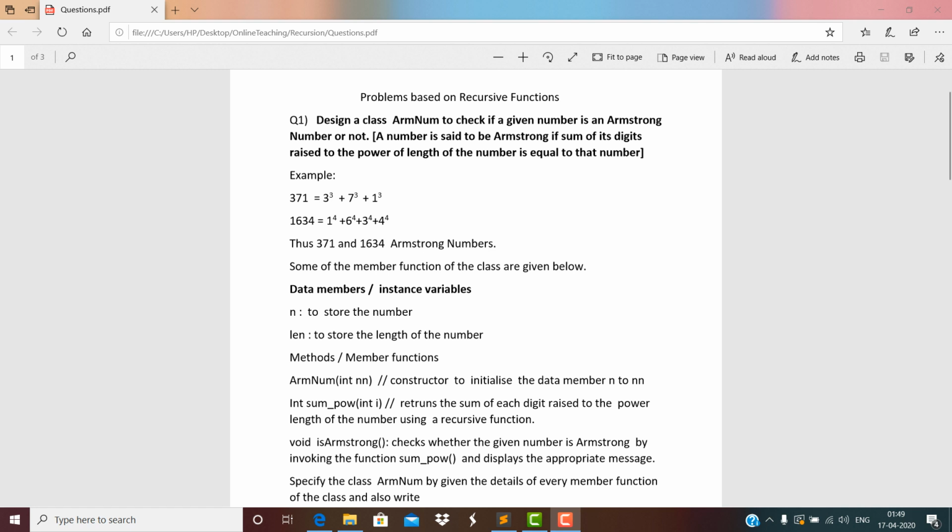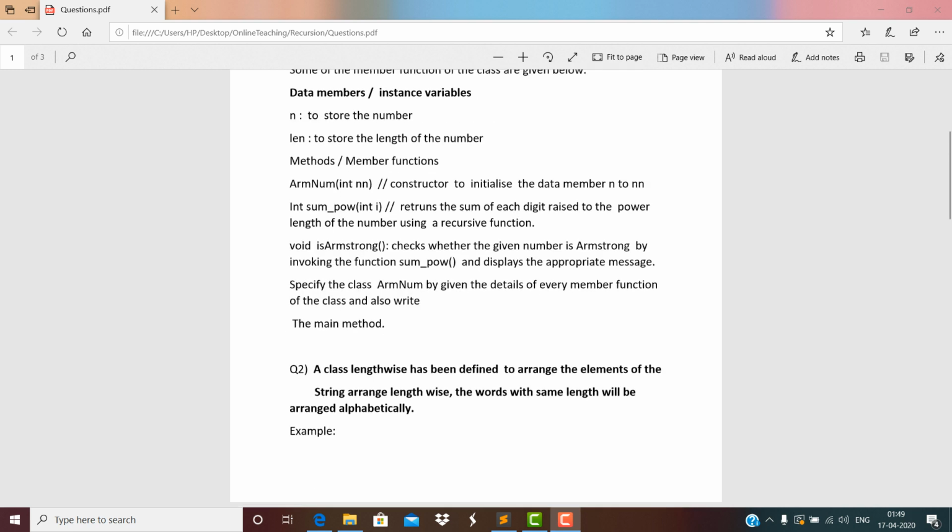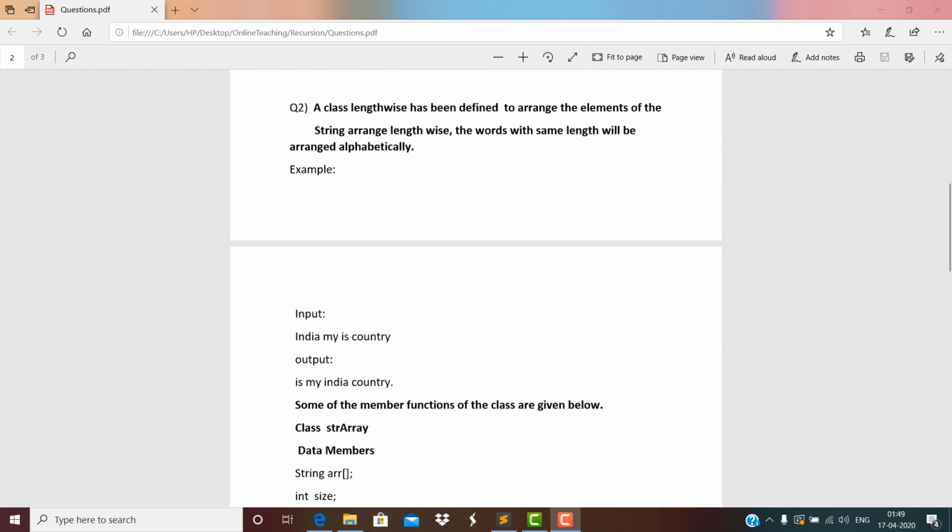Dear children, in the previous video we solved this problem on the screen, in which we needed to define one class Num. Along with this, we defined some member functions, and one of the member functions was recursive, which was int sumPower(int i). Now in this video we are going to arrange the elements of the string array lengthwise